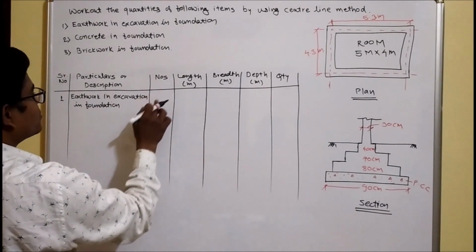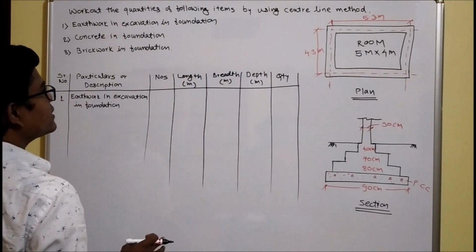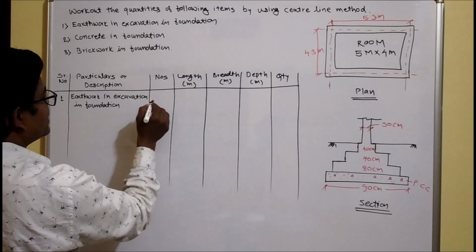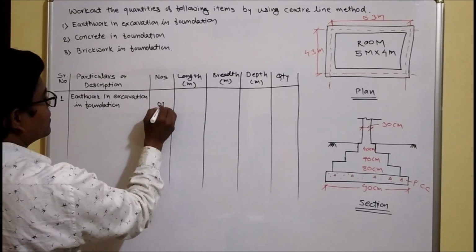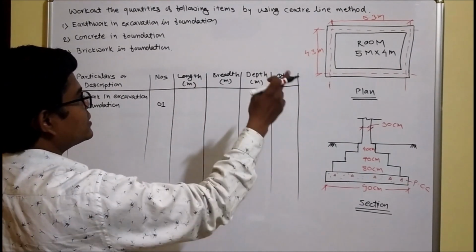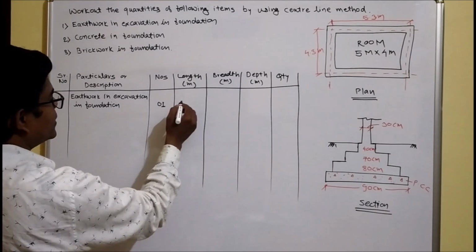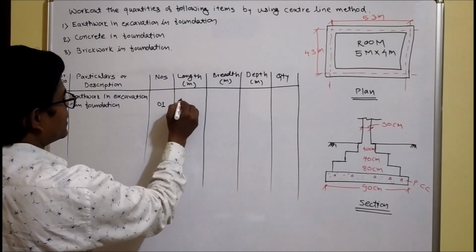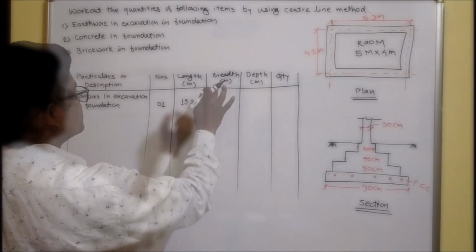So in NOS column there is only one center line length of the plan. So I will write in this column 1. So what is the length of this whole plan? We had calculated that total center line length, that is 19.2. So in breadth,